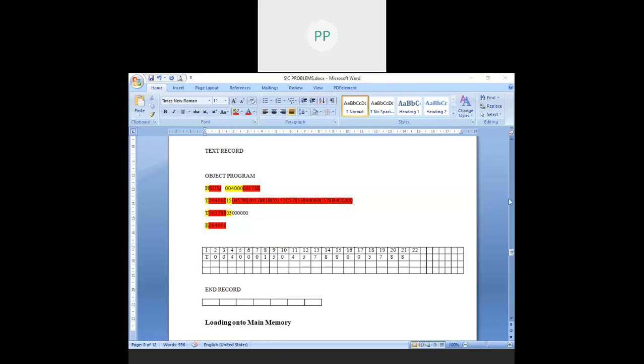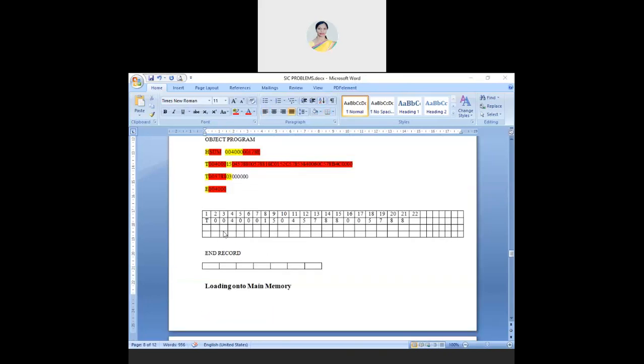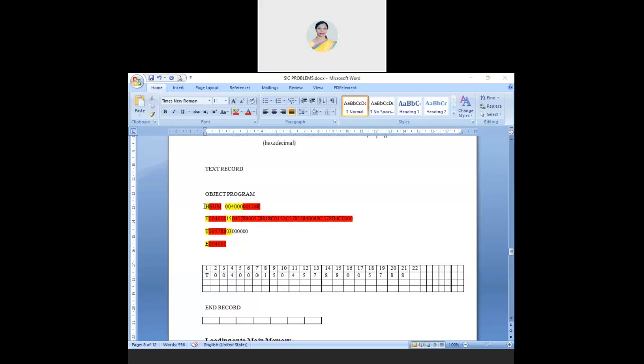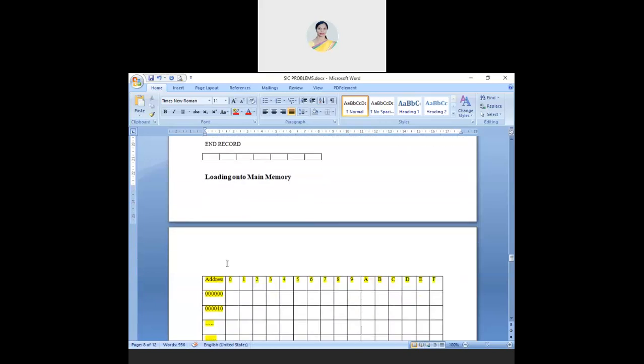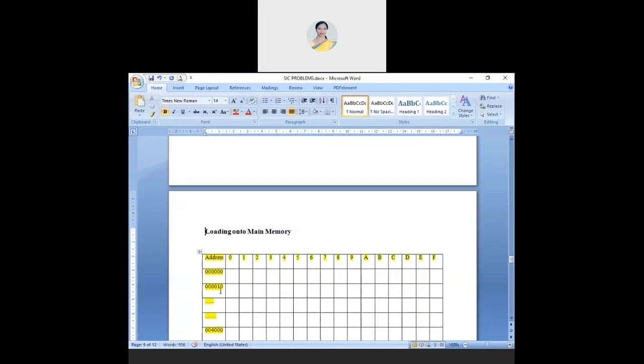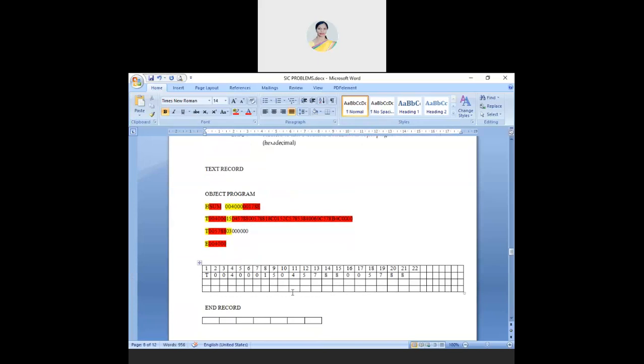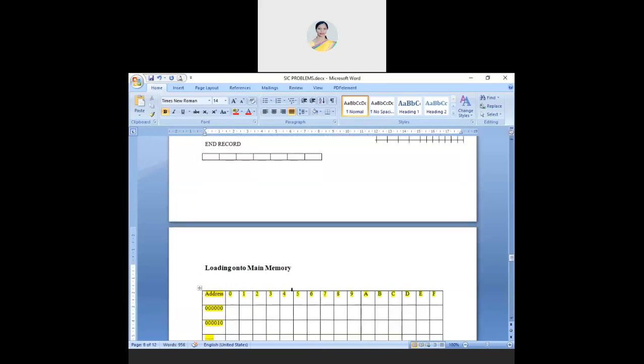Okay, fine. Now I'll just tell here because it's for understanding purpose. Once you know what the header record and all are, I'll tell how exactly it is loaded into memory, so that it becomes very clear for the next chapter. Why am I telling you here? Once I know the object program, there will be a question in our mind: how exactly it is loaded onto the memory, and what is the execution mode? So I have written for that purpose.